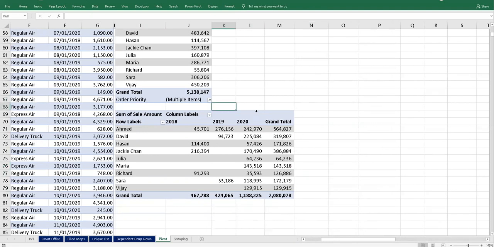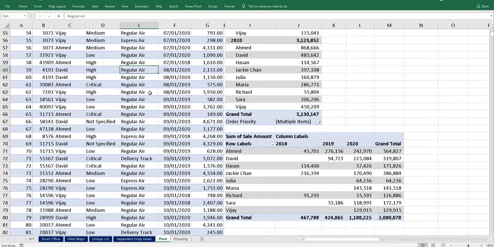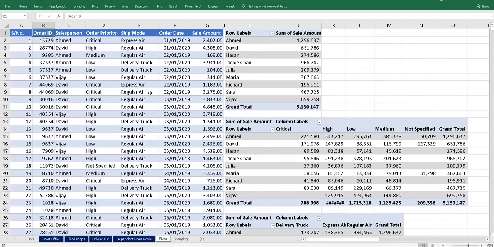Why did I prepare this detailed tutorial? Because most people are not aware of how to use the grouping method. If they know the grouping method, it is very easy to understand how to utilize the pivot table. The most important thing: to make a pivot table, you should have distinct column names in one row. It should not be in two cells, it should be in one cell. You see, B1 is a distinct heading, C1 is a distinct heading. All the headings have distinct characteristics: the salesperson, the respective area, the order priority.